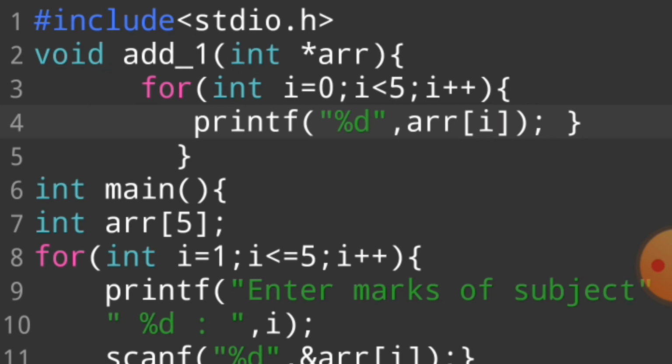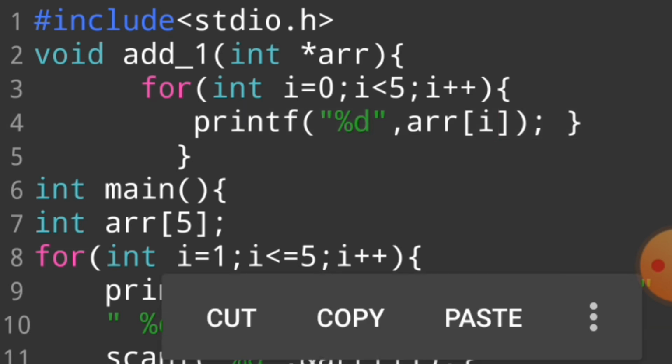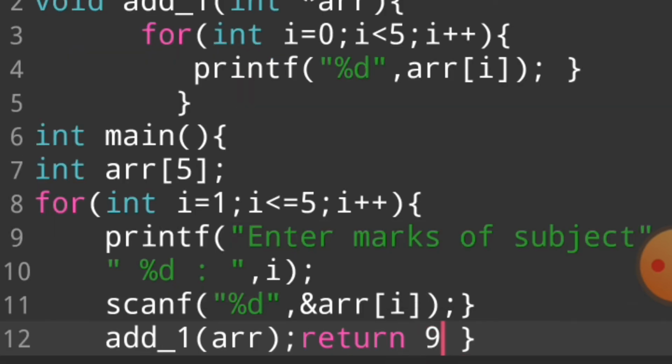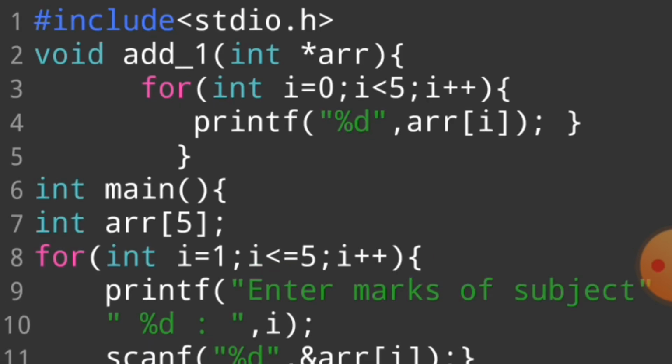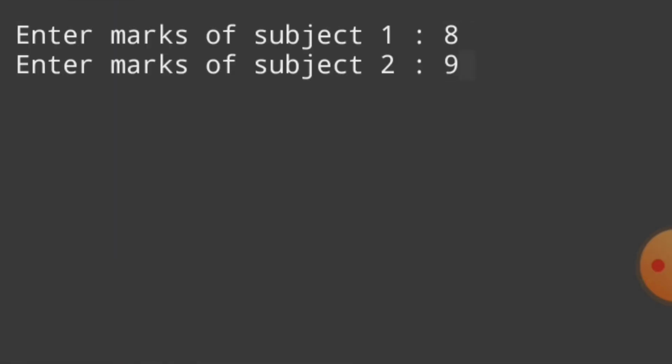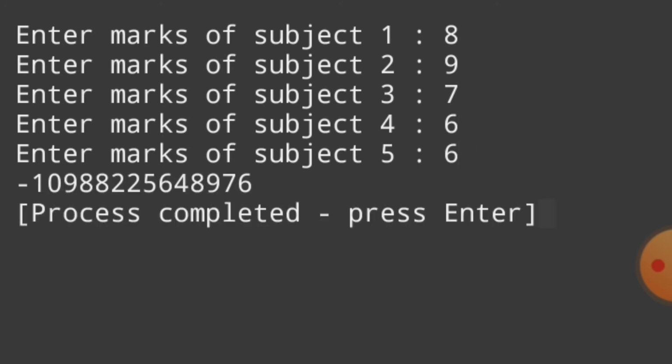So I want to explain, this program is not giving me an error. This is our problem. If I run this program again, 8, 9, 7, 6, 5.